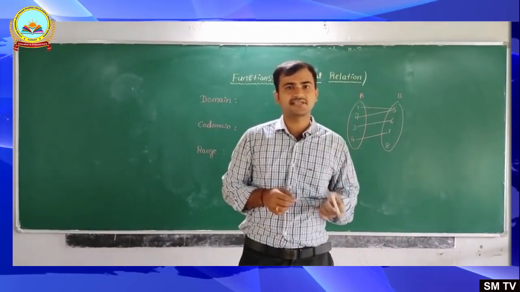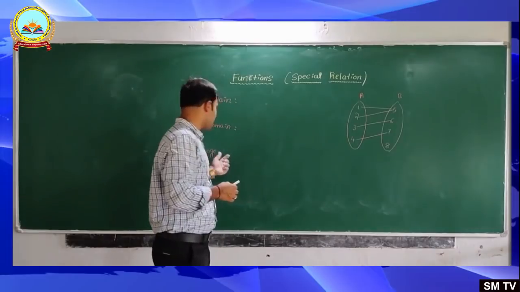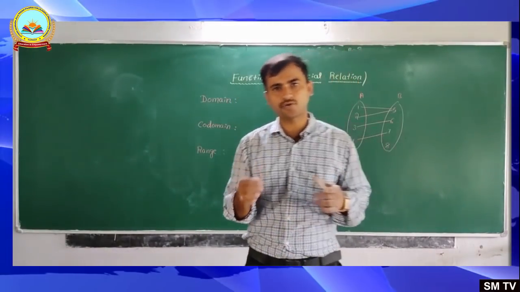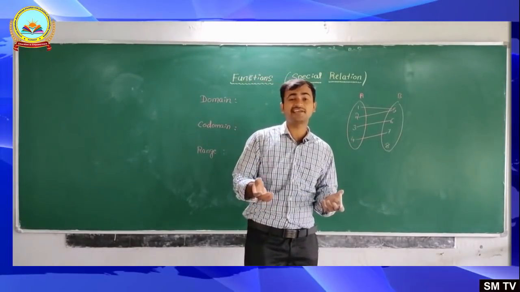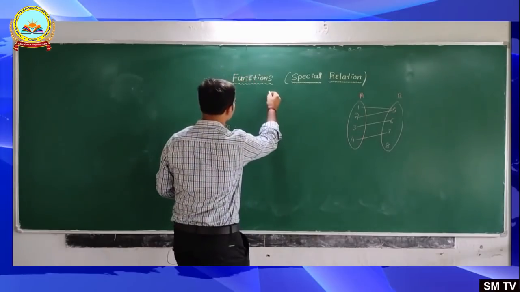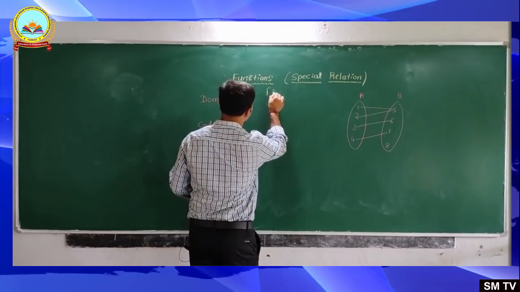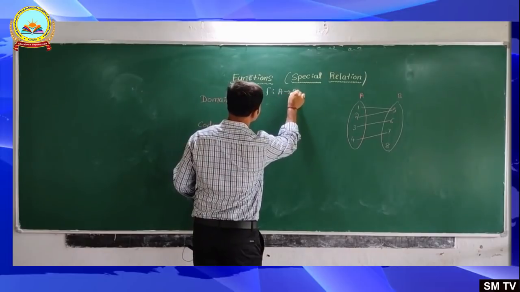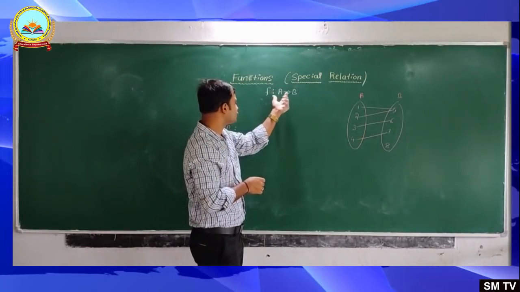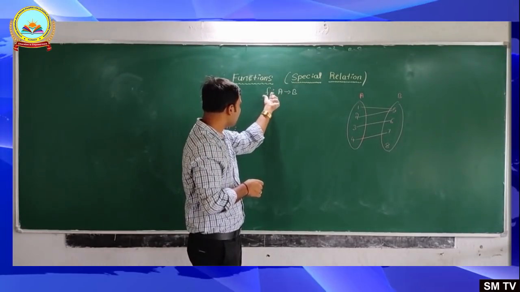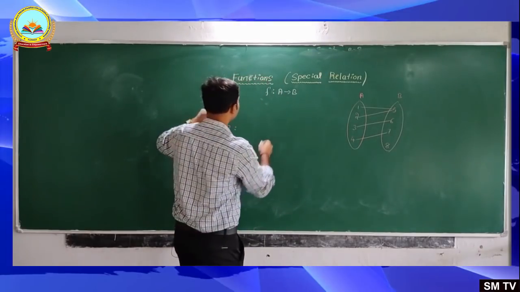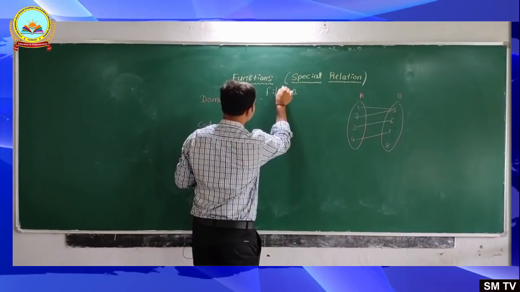So let us discuss domain, codomain and range of a function. Already we have discussed domain, codomain, range and even image in relations. Now let us discuss it in functions. Okay, so if a function f is from A to B, so this is the notation f from A to B, which should be pronounced as function f from A to B. Then this first set A